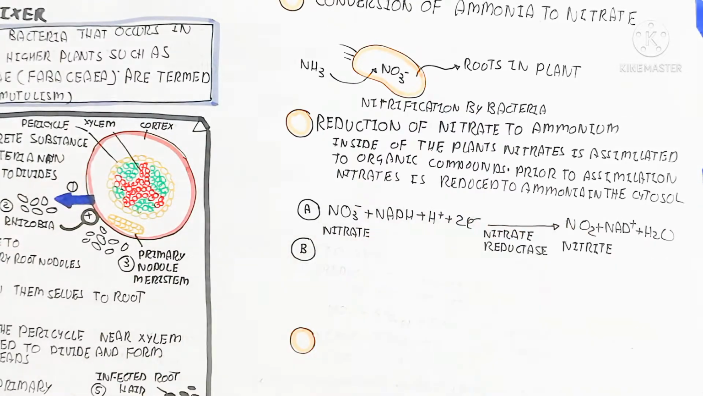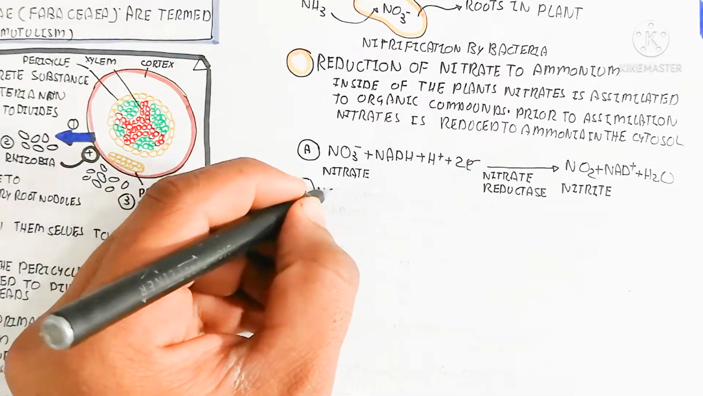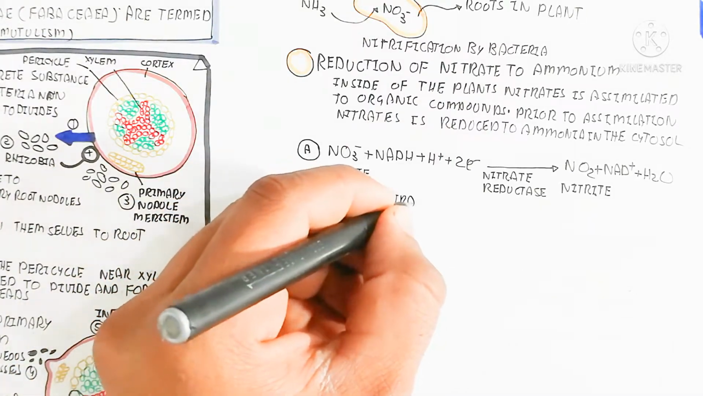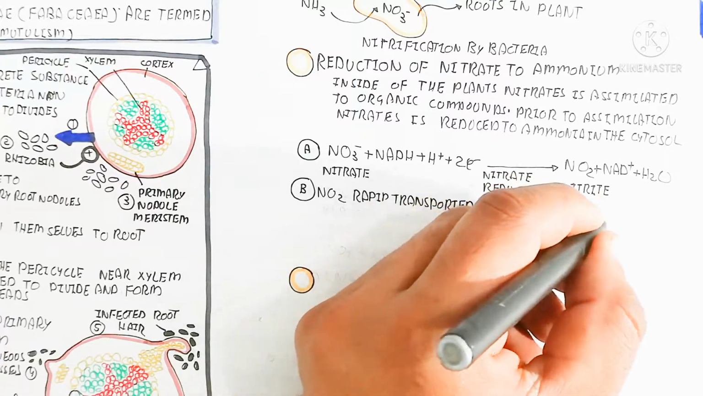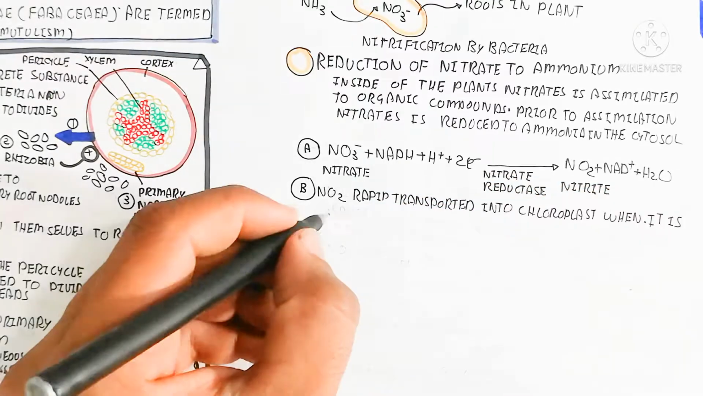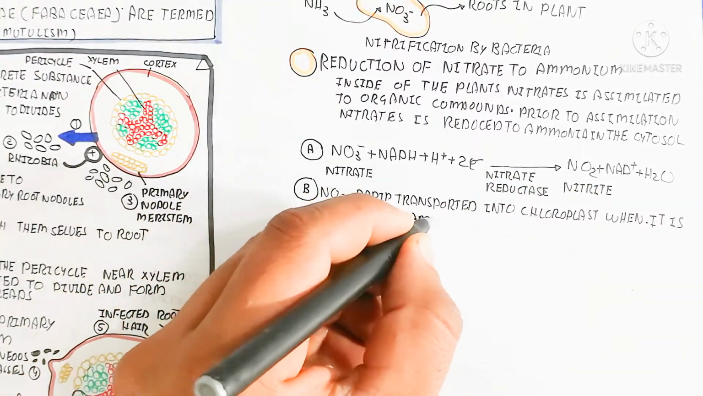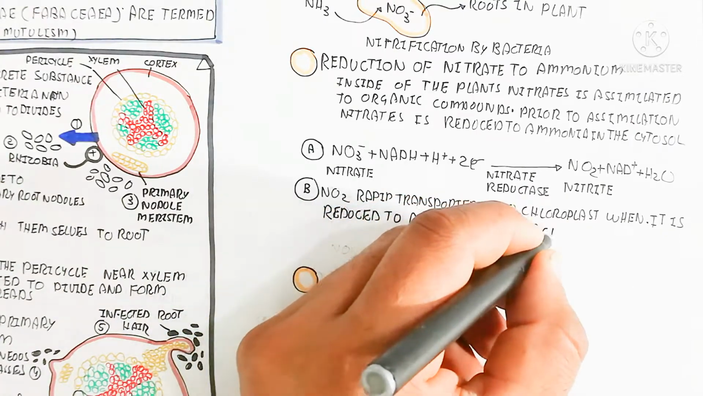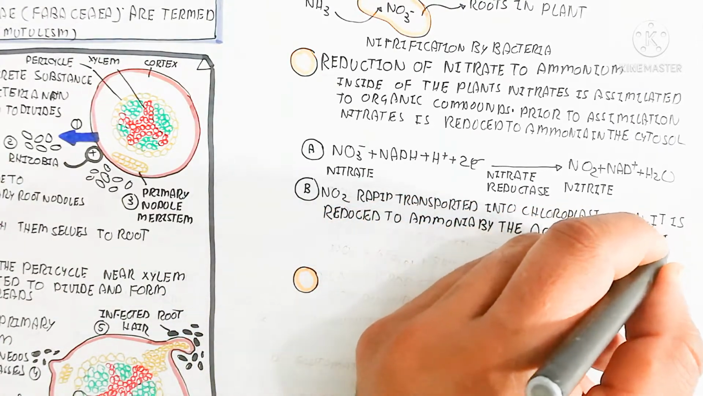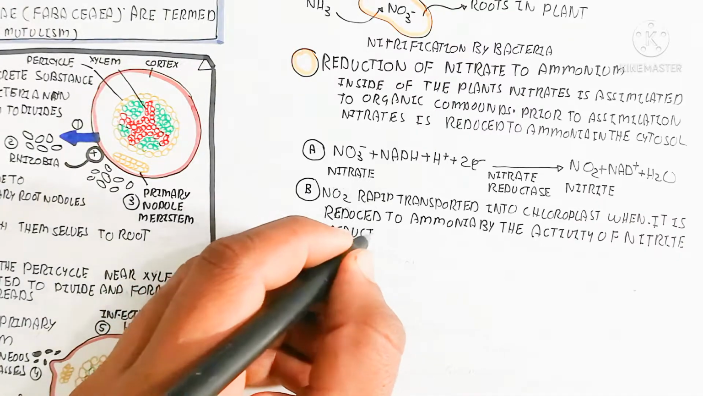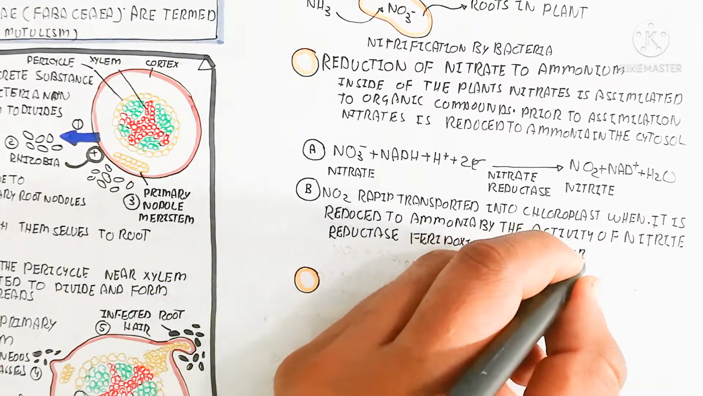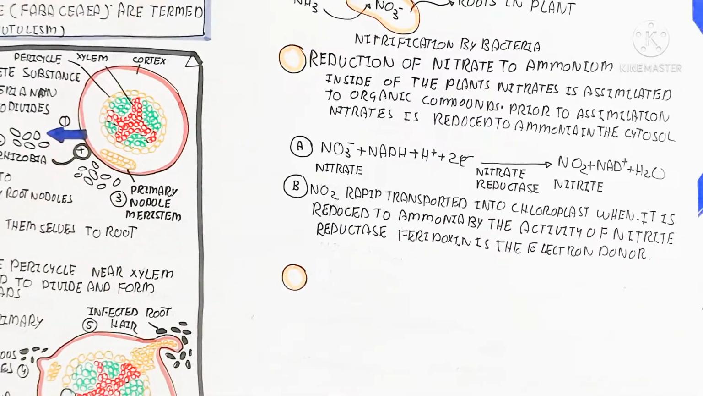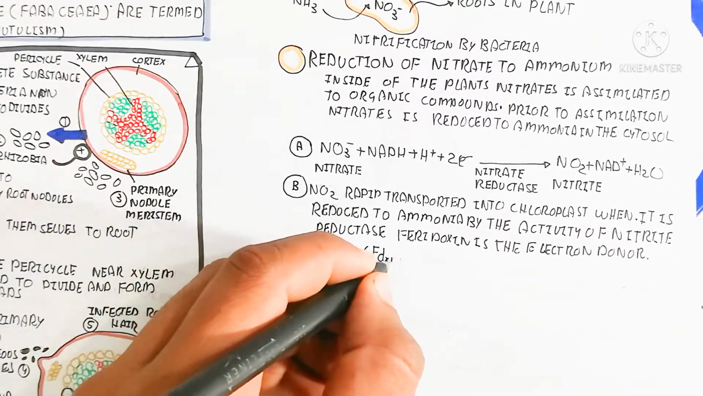2 electrons and 1 proton will convert into NO2 by the nitrate reductase enzyme to produce nitrite, and this nitrite and water will be produced. And in this way, the next step is that NO2, basically nitrite, will be rapidly transported into the chloroplast where it is reduced to ammonia by the activity of nitrite reductase. Ferredoxin